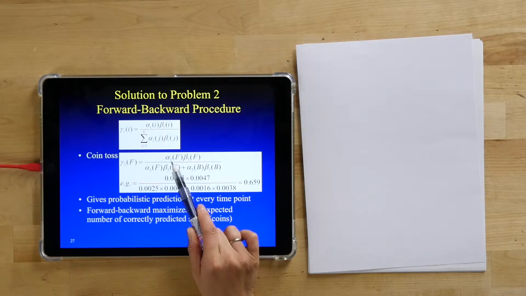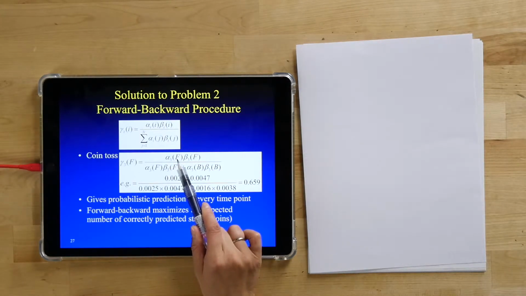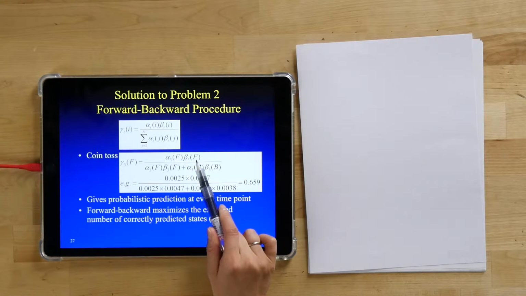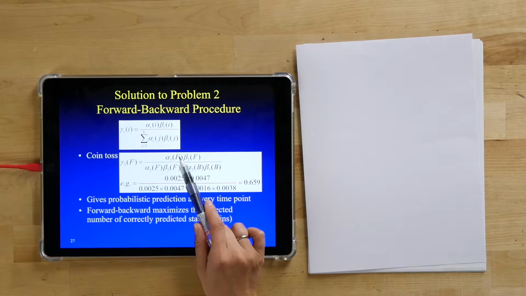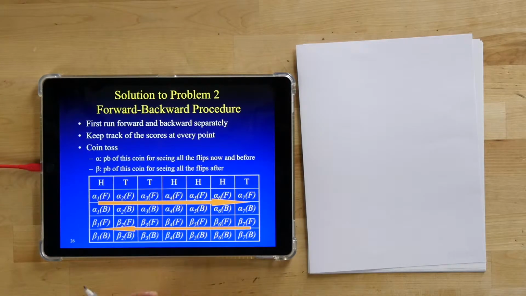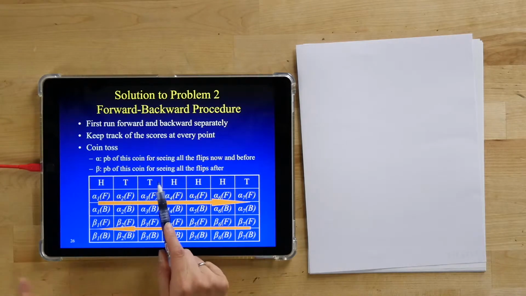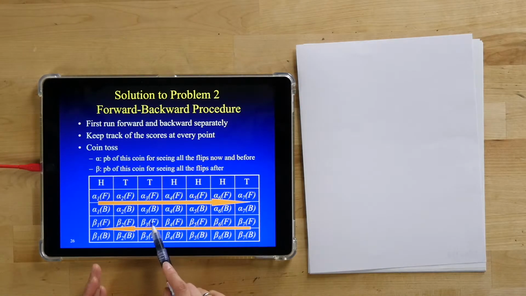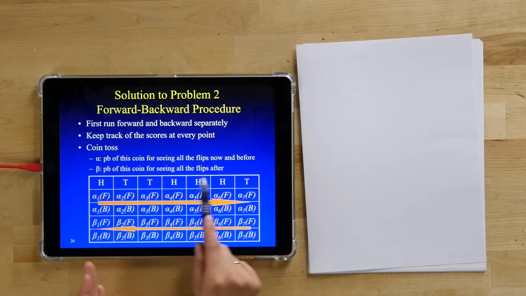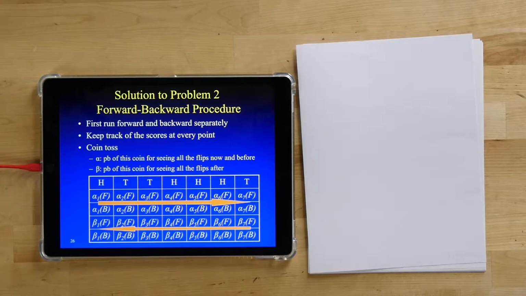And so we multiply the alpha 3 fair coin with the beta 3 fair coin, because the alpha 3 fair coin is in order to see a tail and everything before. The beta fair coin here is the chance of using a fair coin to see everything after, right? So now we multiply them together, which is kind of the probability of seeing the whole string,